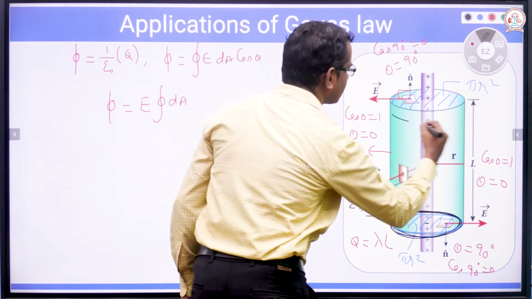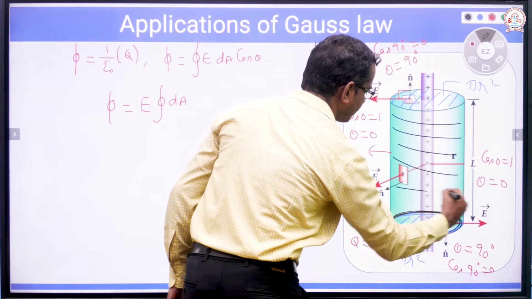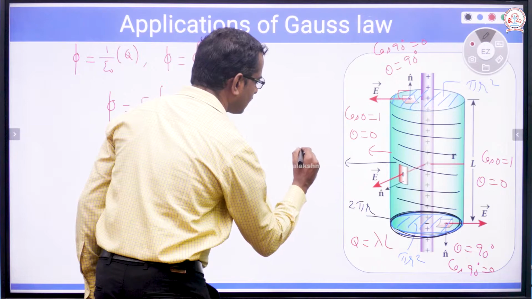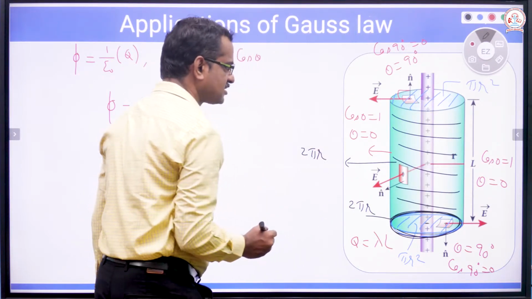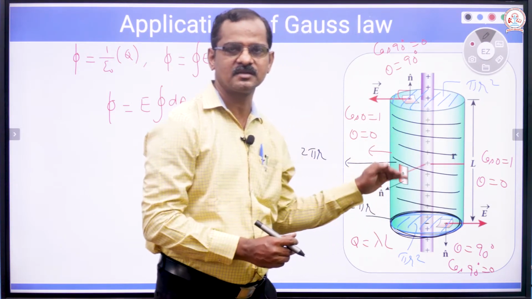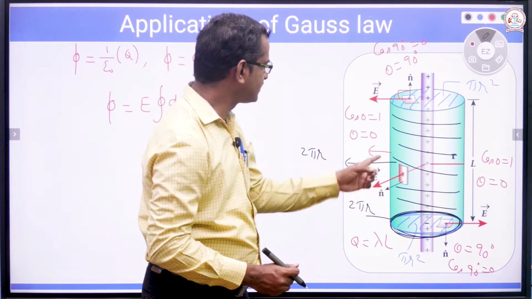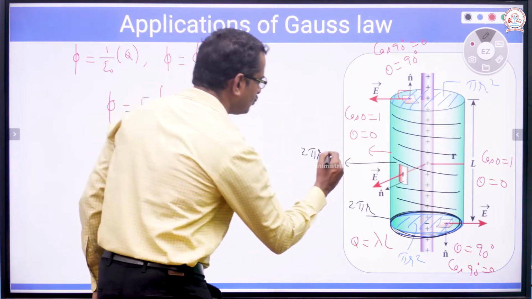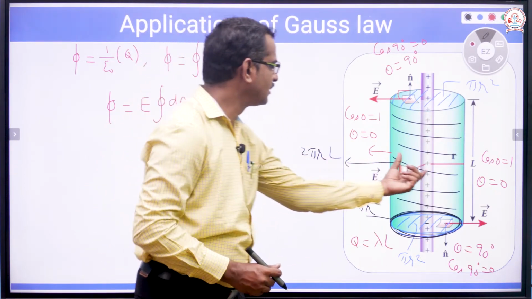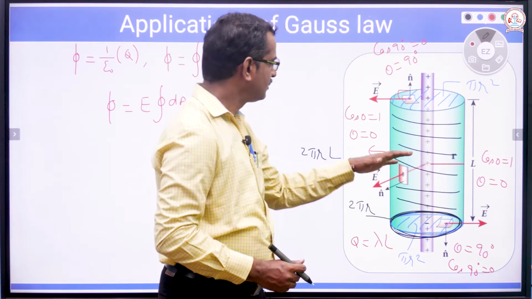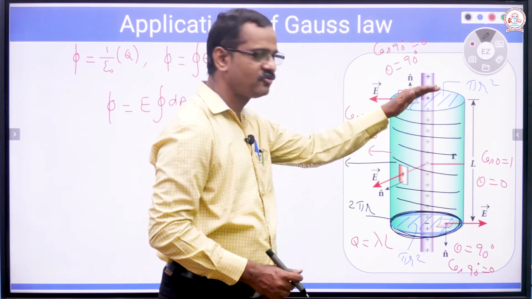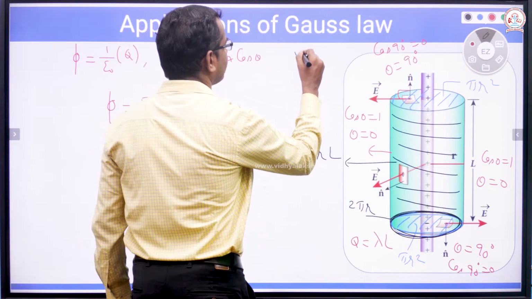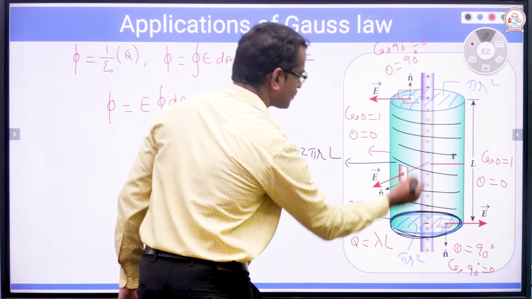In that case, the curved surface area will be equal to 2 pi r into h. For the cylinder, h is height. So we substitute height, whereas in this case we have taken L as the length of the conductor. Therefore 2 pi rL is the curved surface area. In case of a cylinder, if you want to find out volume, volume of a cylinder is equal to pi r square h.